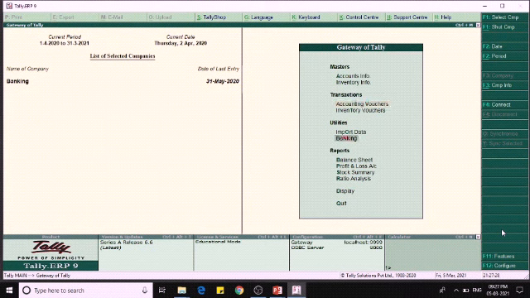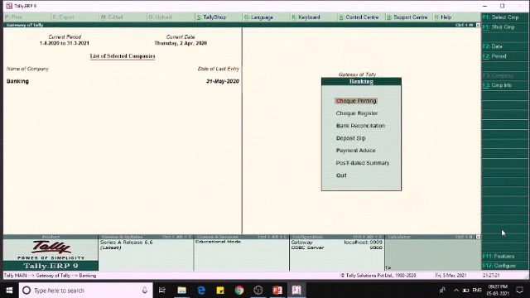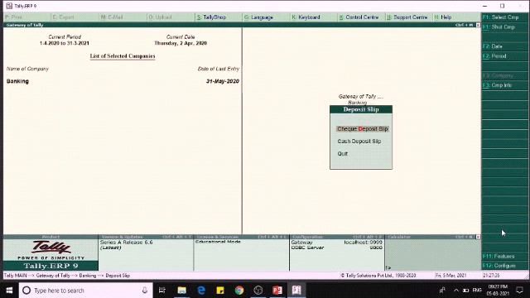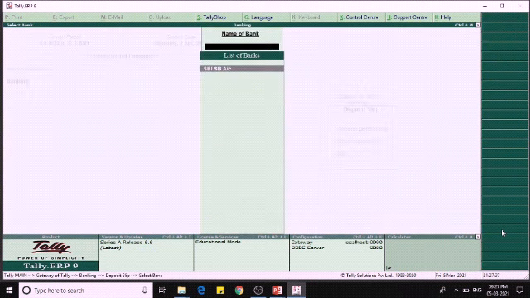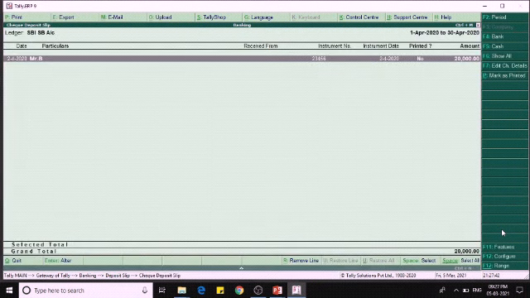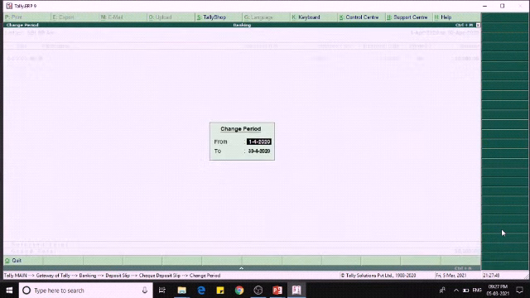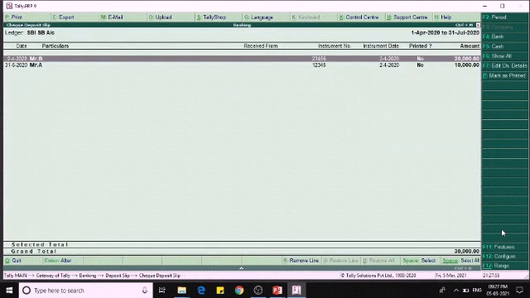It is in the utilities, and in banking we have to go to deposit slip and then check deposit slip. Then we select the name of the bank and we have to change the period. For this we press Alt plus F2. It is from 1/4/2022 to 31/7. So we have two checks with us.